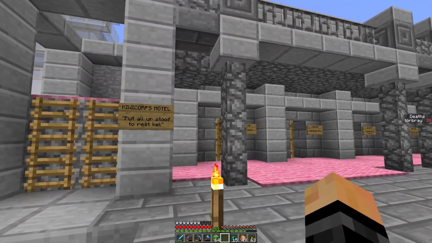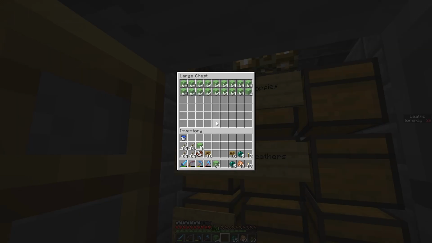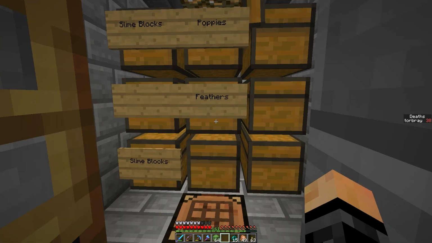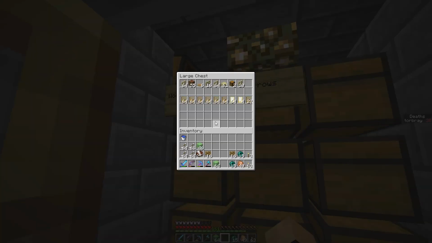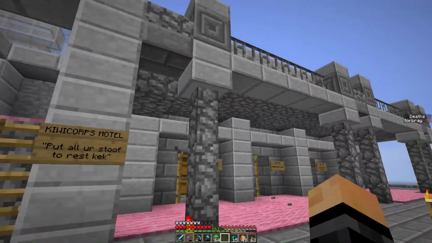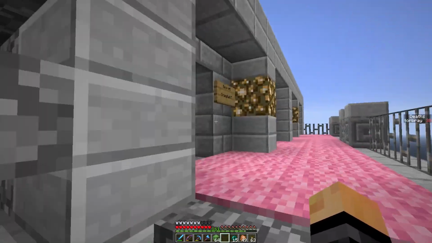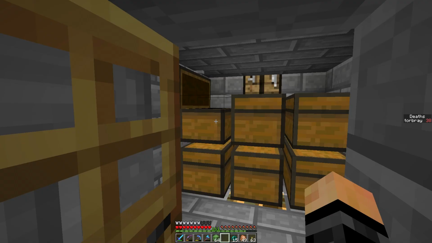This is the Kiwi Corpse Motel. So I've got some stuff in here which I'm never really going to reuse. Melons, poppies, feathers, more slime blocks. What do I have in here? Wooden overflow. A lot of doors from the previous iron farms and such. A lot of arrows. And then up here, they're all named up kind of parodies of previous people who were